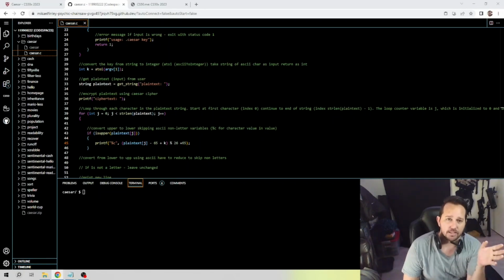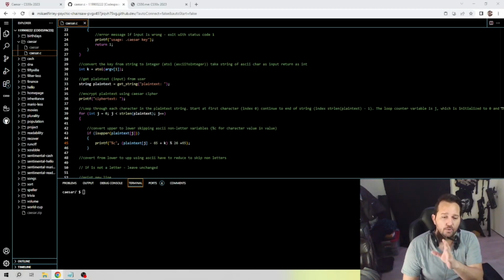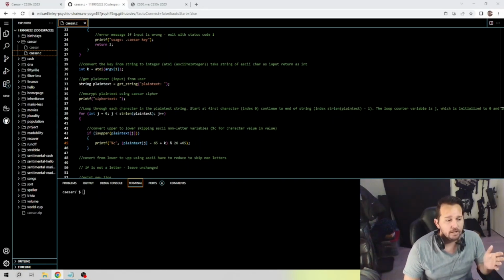Then we plus 65 to add back the shifted and wrapped character code. The reason we do that is that's the corresponding ASCII code for the encrypted letter. So this is how we're going to keep uppercase uppercase, and lowercase lowercase. And that percent sign 26 is really important because that's what's going to add the remainder and help loop us back through the A through Z. So that's what that's doing for is upper, and we're just going to do the same thing for is lower,